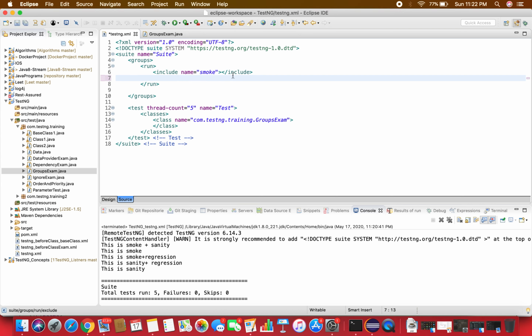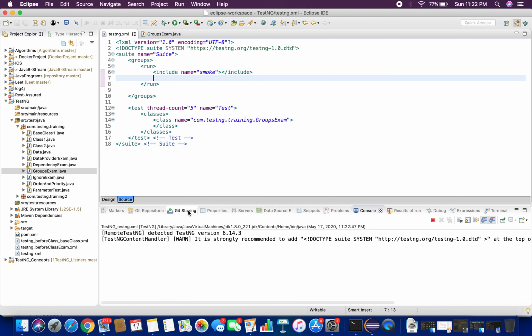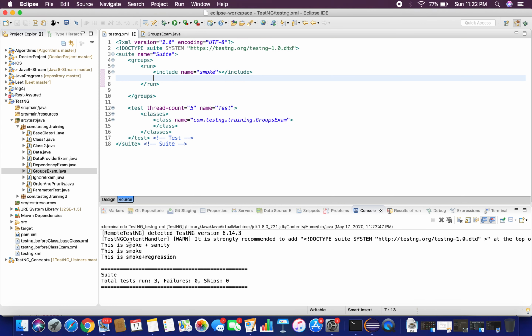Okay, let's run with the smoke by including only the smoke suite. See, you have seen 3 cases are executed. Now I am going to use exclude sanity, which means